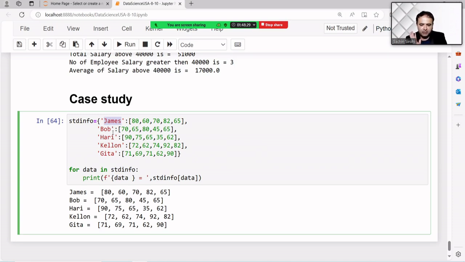So James will be held here the first time, second time Bob will be held here, third time Hari, then the fourth and fifth times Callan and Gita. It is only a variable to hold a value. When we want to fetch the data, James, and store it in the variable data, we can take A, B, C, D, whatever.